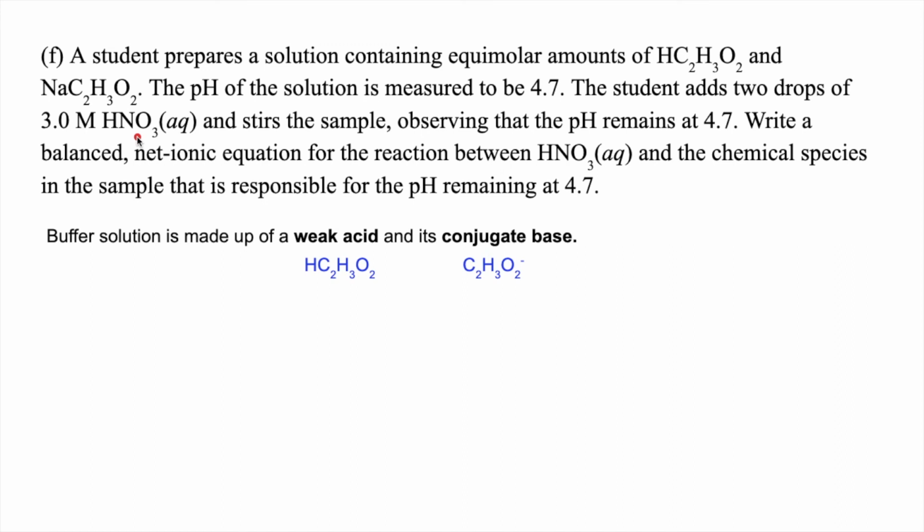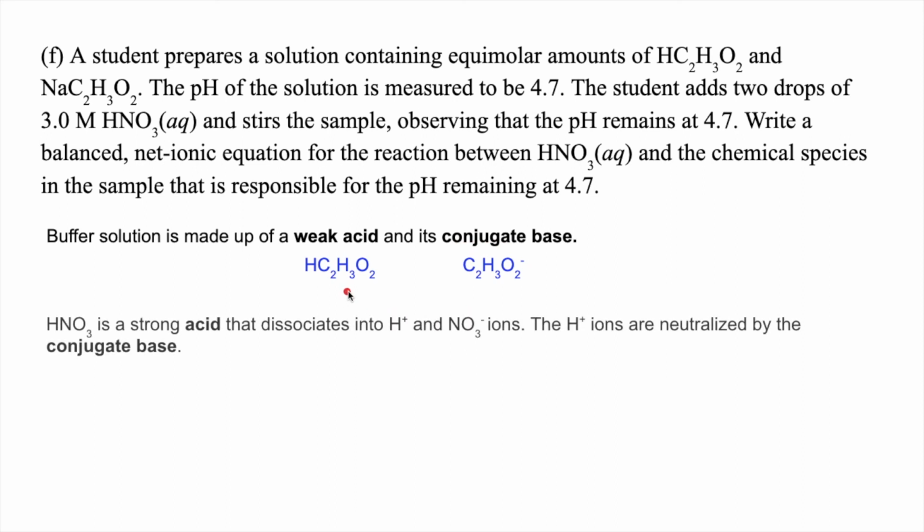HNO3 is a strong acid, so it's going to dissociate completely into H+ and NO3- ions. And these H+ ions are going to be neutralized by the conjugate base in order to form HC2H3O2. So the correct net ionic equation for this problem would be C2H3O2-, the conjugate base, plus the H+ ions, yielding